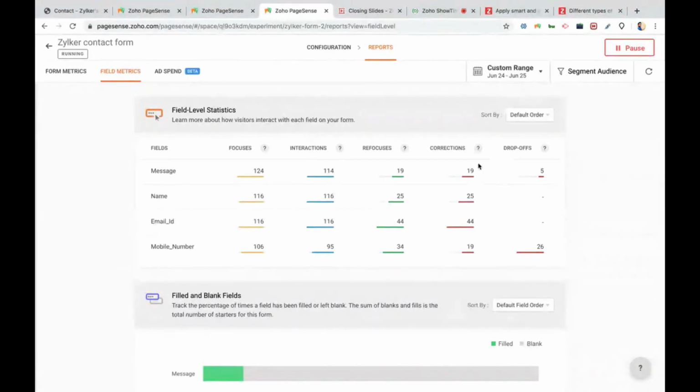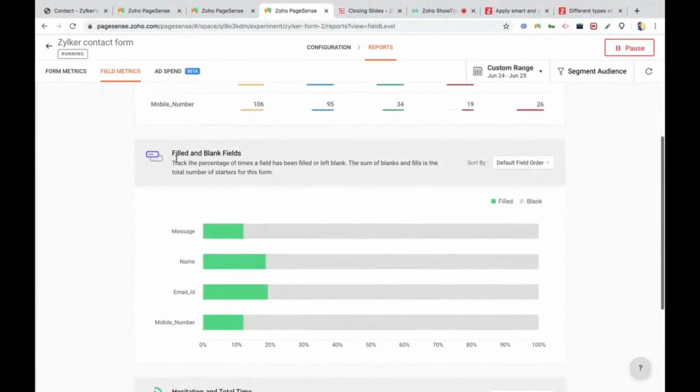And if there were any corrections, this is really very important, because if a lot of corrections were made, so people are using a lot of backspaces in your fields, it means that the data is quite sensitive and they are maybe hesitating to give it, or it's really confusing for them to give the input to you. And drop-offs: if they started interacting with it but dropped off the form without filling the field, that is going to be shown here. This in-depth understanding of the field will really help you to understand if your form is giving value to the business, or it's really being a showstopper.